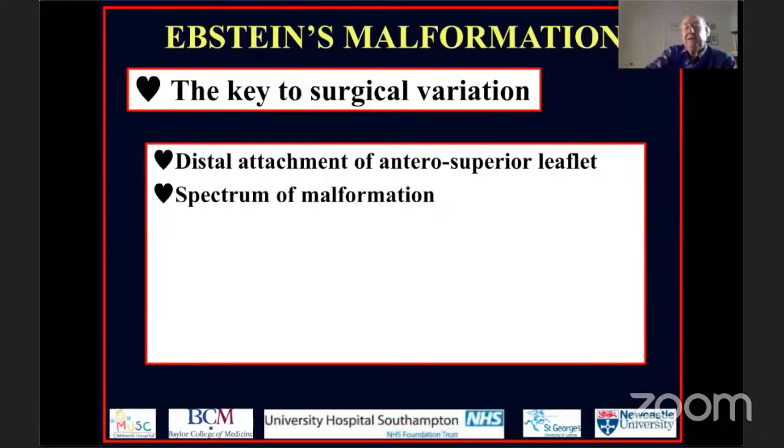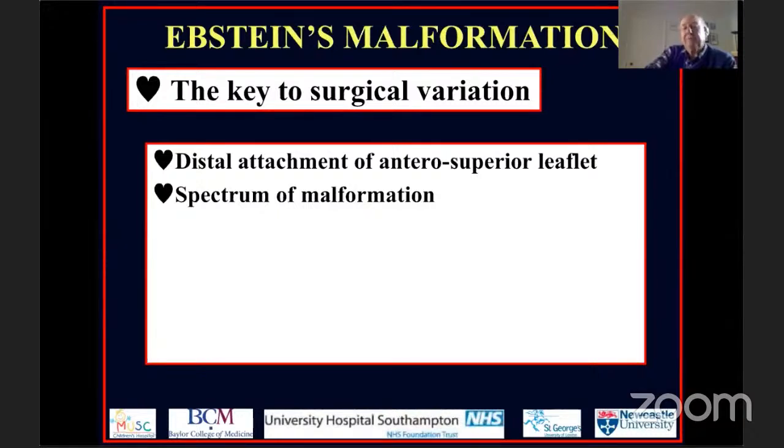It doesn't have to be an imperforate valve. So the key to the ability for the surgeon to liberate those malformed leaflets, to turn them into a cone, and to let the surgeon reposition that cone at the level of the atrioventricular junction